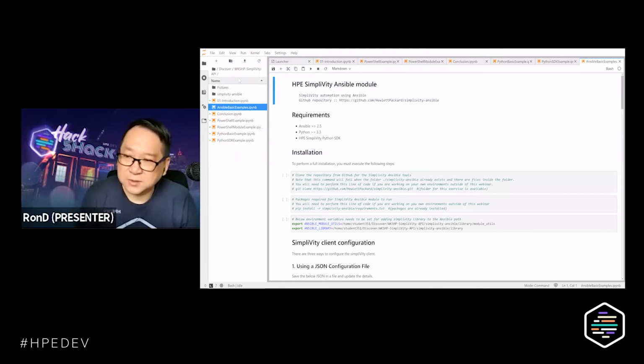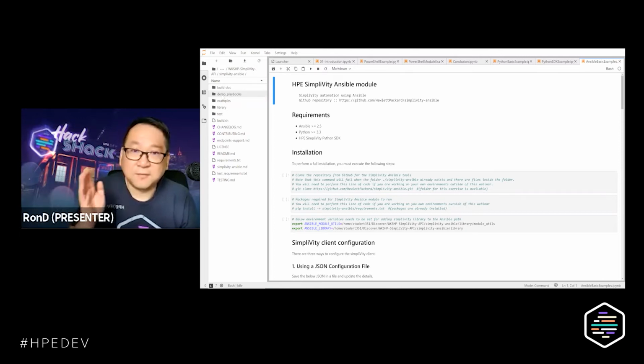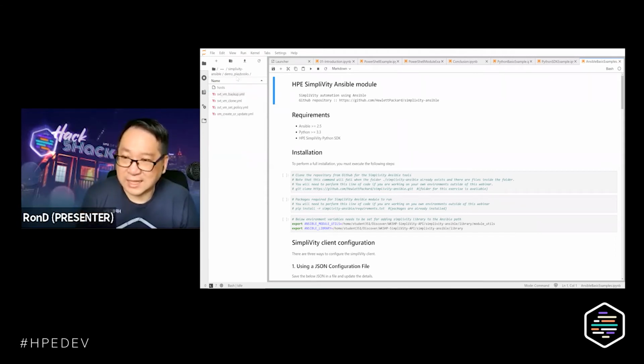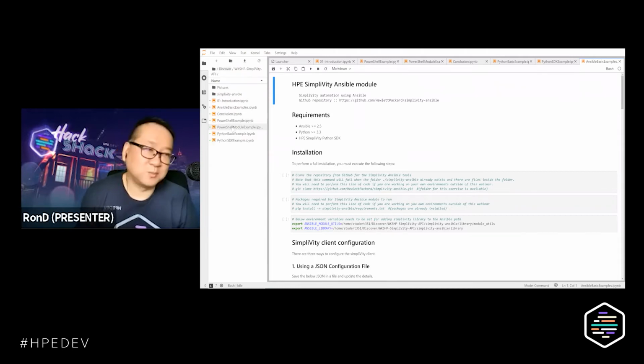A couple of things that I want you to be well aware of. On the left here, this is a folder, so you can go down into different folders. Eventually, at a certain exercise, we will have to go through a particular folder like this one, the demo_playbooks. To go up higher, all you need to do is click on the 3 dots over there, and that should put you back into the main folder. Okay, questions before I go? You're welcome to raise your hand or type it in the presentation. Hope that you are ready.